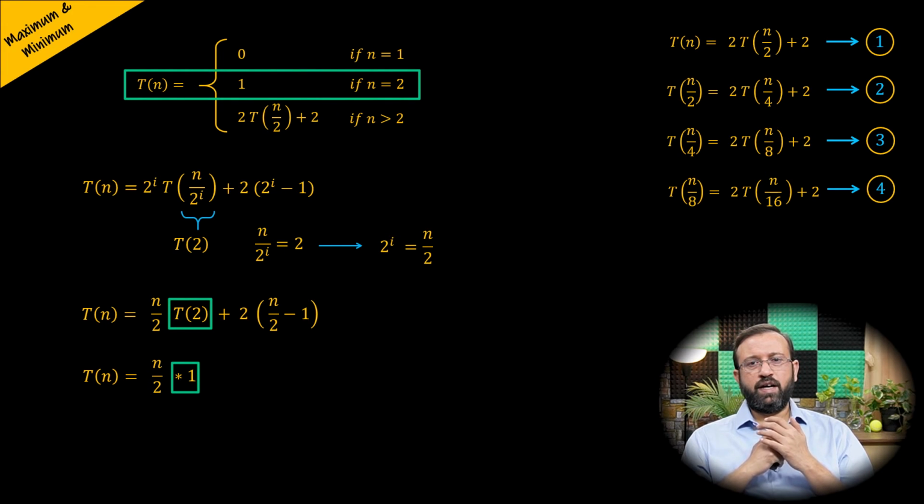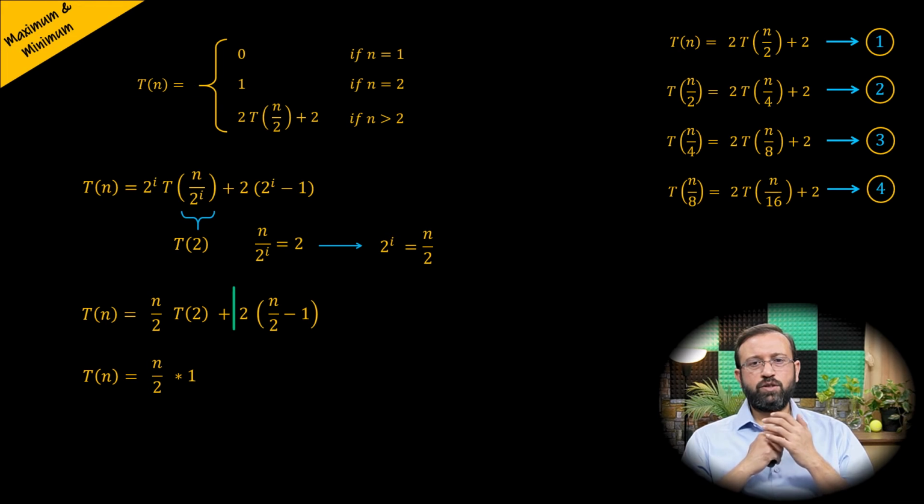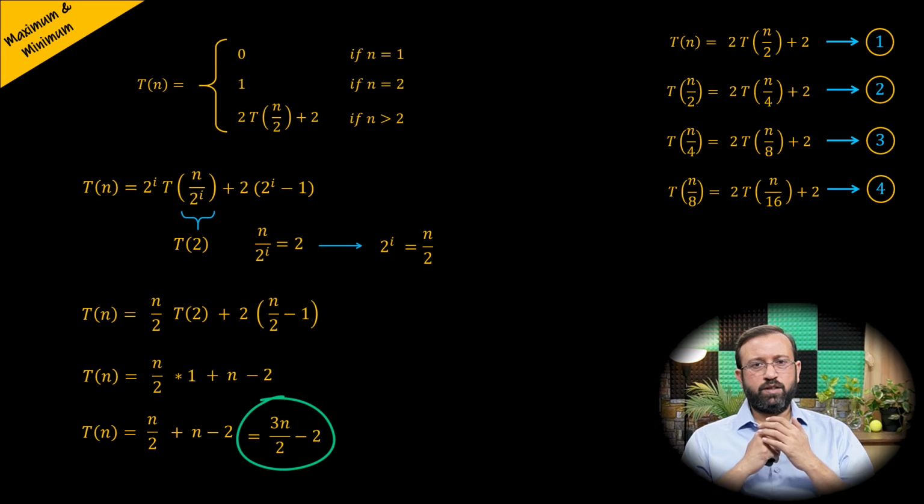That is, when n equals 2, we have T of 2 is 1, plus 2 multiplied by n divided by 2 minus 1, which will be n minus 2. So T of n will be equal to n divided by 2 plus n minus 2, which is equal to 3n by 2 minus 2. Therefore, the recurrence relation is reduced to a polynomial, T of n equal to 3n by 2 minus 2, using